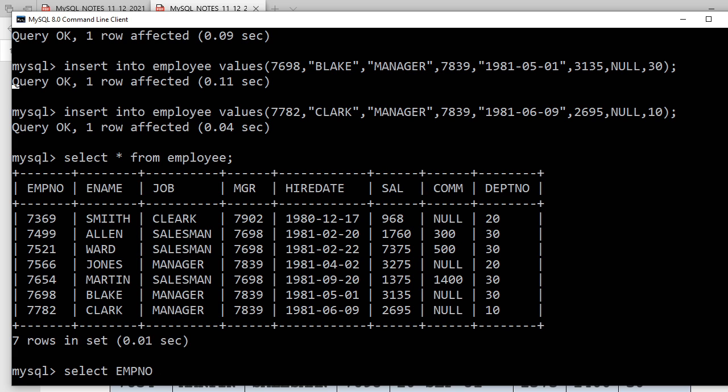Then I will put a comma here. Then e name I am going to put. See my left and right arrow. E name. Now from, what is the name here? Employee. Okay, so specifically what is going to come? Only employee number and employee name is going to come. I'm going to press enter key. Just check it out.